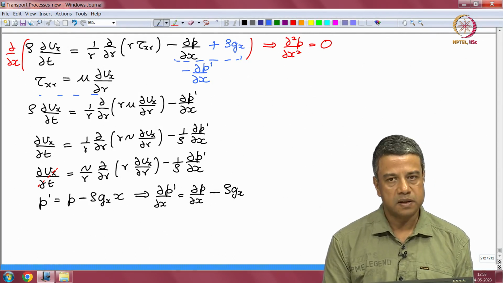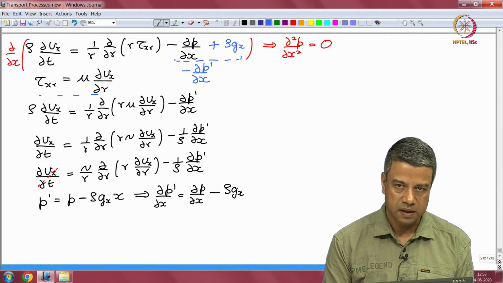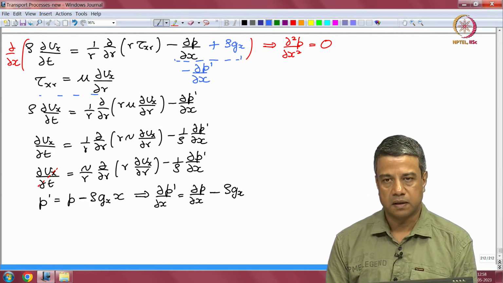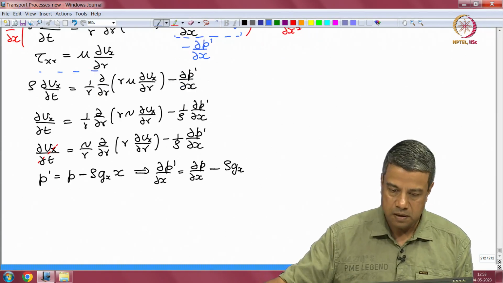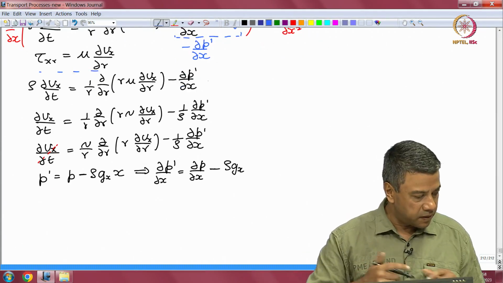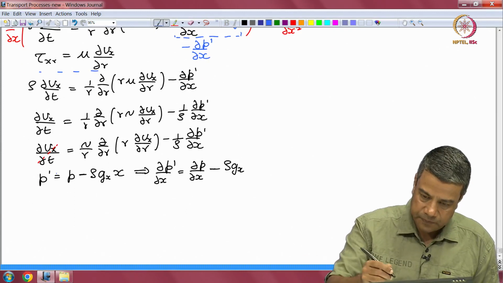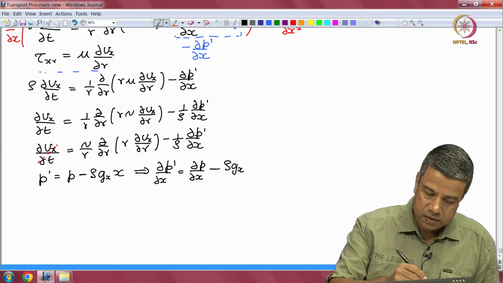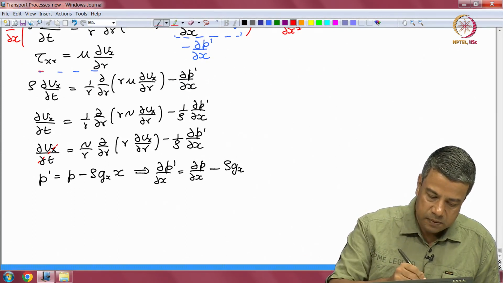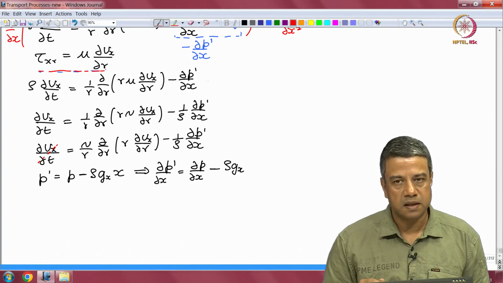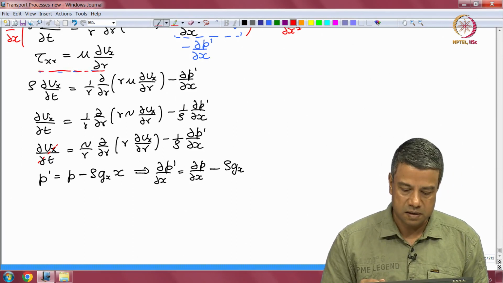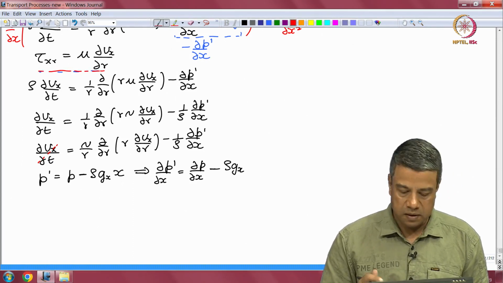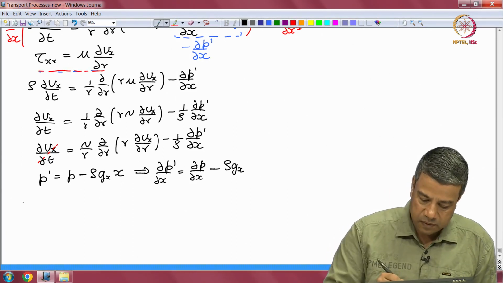And the third approximation we made was neglecting the time derivative of the pressure. So, now I will try to see the more general case where the relation between the stress and the velocity gradient is not a linear relationship. You recall that I told you that for a power law fluid,